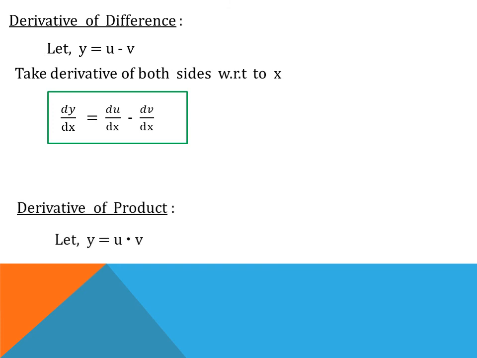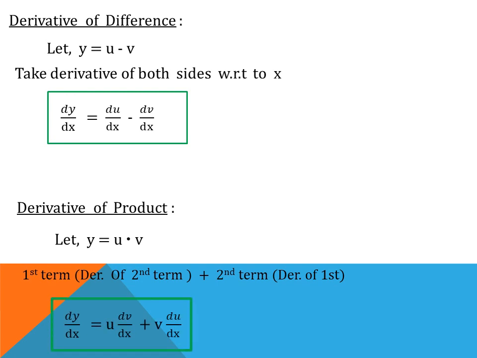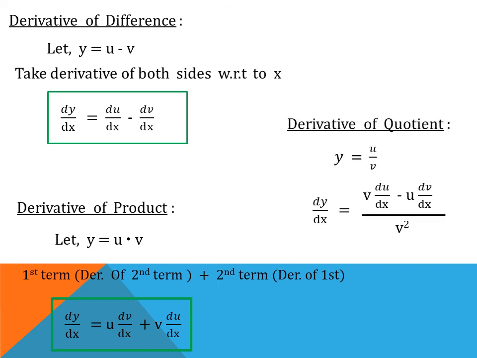Next property is for finding the derivative of two terms which are being multiplied. So the easier way to remember it is by remembering the following logic. So we have first term into derivative of second term plus second term into derivative of the first term. So dy by dx will be u, which is our first term, so u into derivative of v plus v into derivative of u. And lastly we have for functions which are being divided, so this is second term which is our v, so v into derivative of first term minus first term into derivative of second term, and the whole thing is being divided by the square of the second term, which is v square.